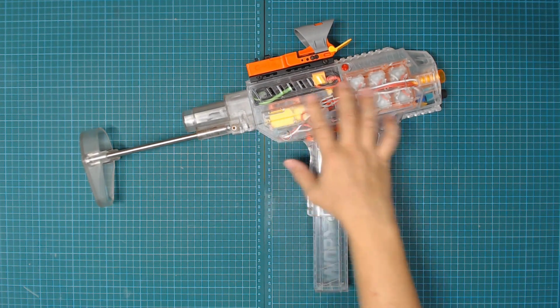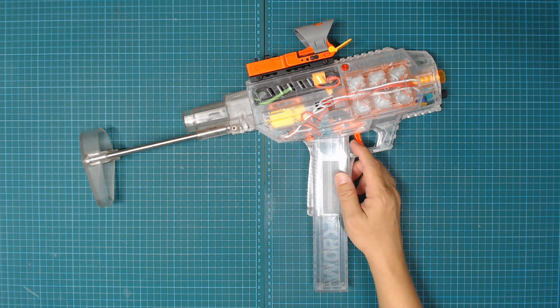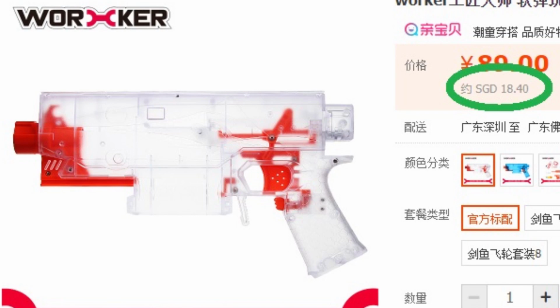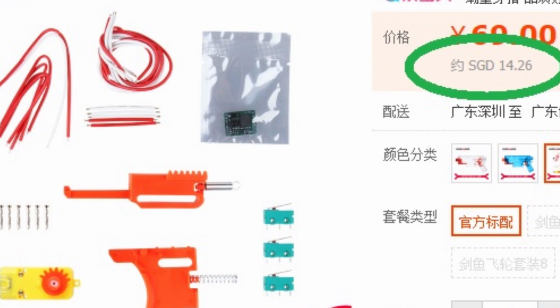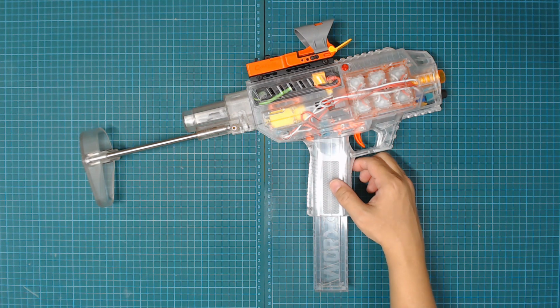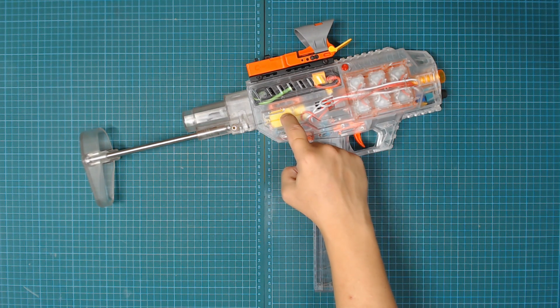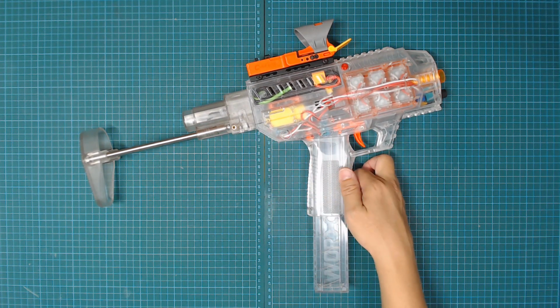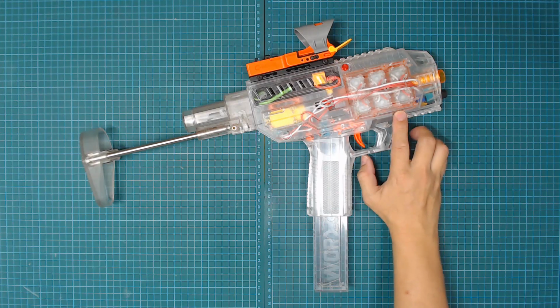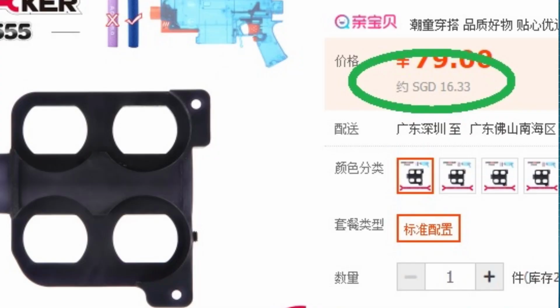Let's assume the shell is going to cost about the same as the other worker shell, so about $18.40, and then the barrel itself costs about $1.45. The pusher system, give and take, we say is $14.26. But the gearbox is actually a metal gearbox, so we just add $3 to it. That's normally what a metal gearbox costs over here. And for the cage itself, we do have a similar worker cage that's dual stage, so let's just divide by 2 and multiply by 3,